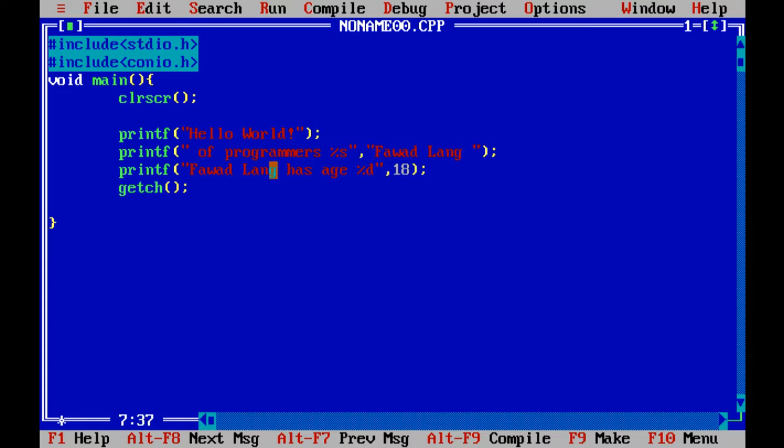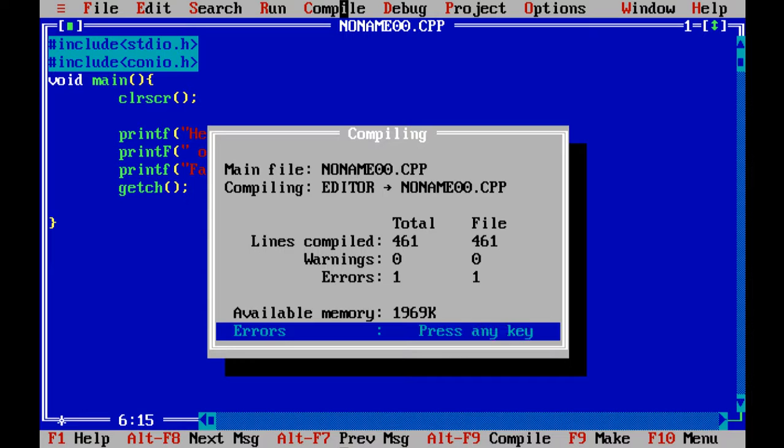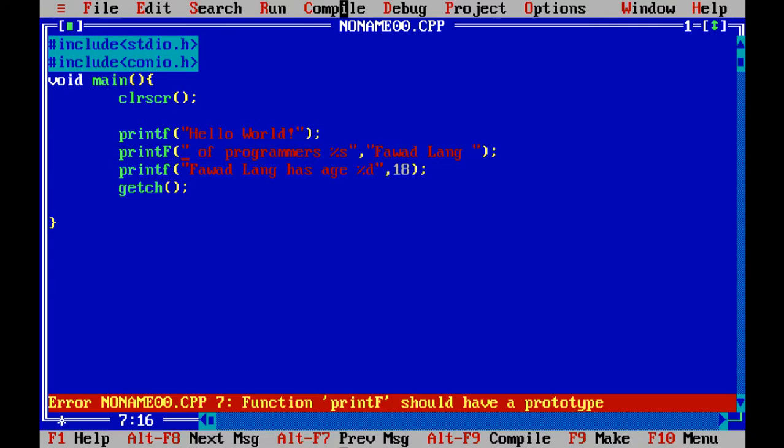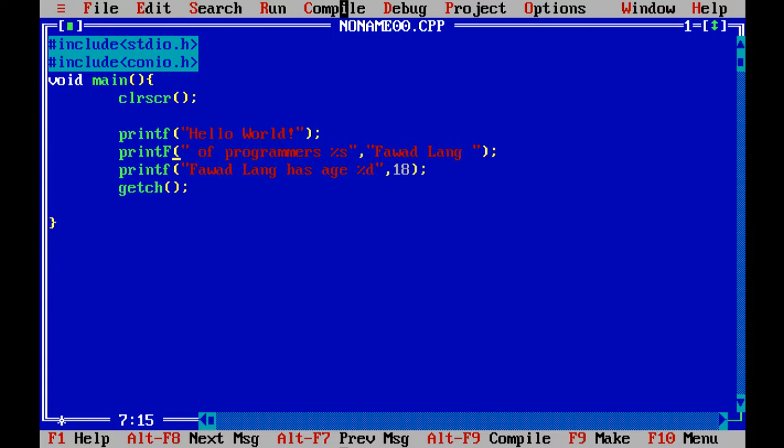And remember, this is very important in the whole of C programming: you have to write the functions in lowercase letters. For instance, if I write printf with a capital F instead of lowercase, and compile it, I can see we got an error: function printf should have a prototype. That means the function with capital F is not declared.